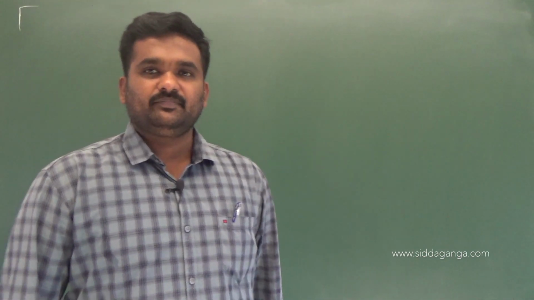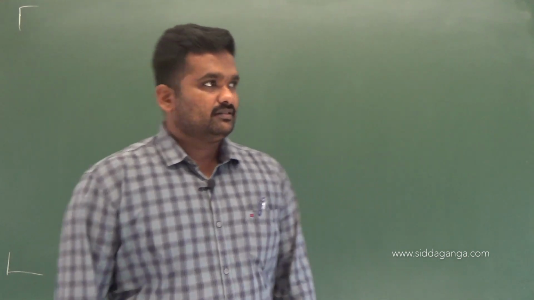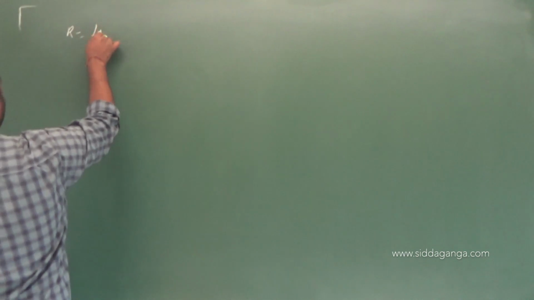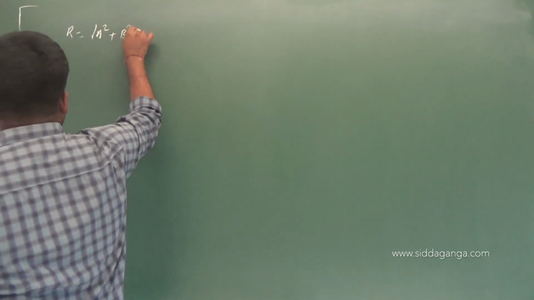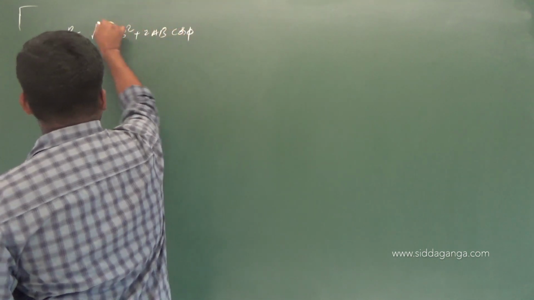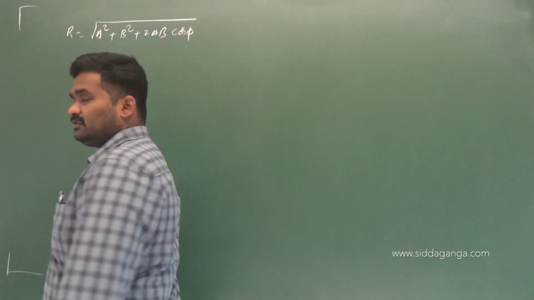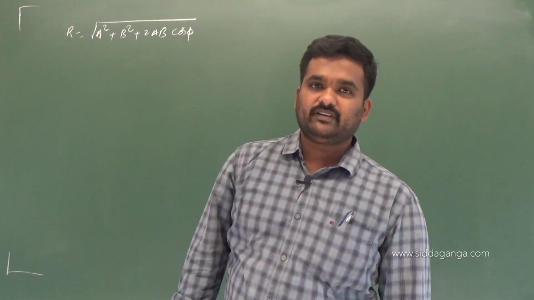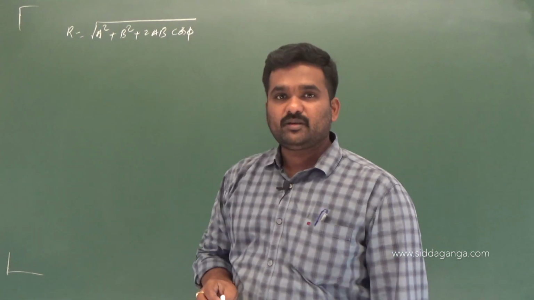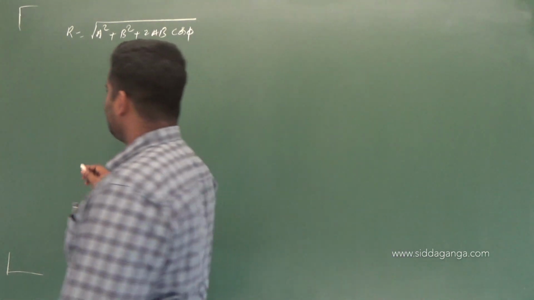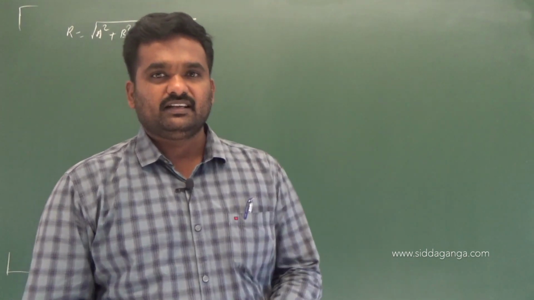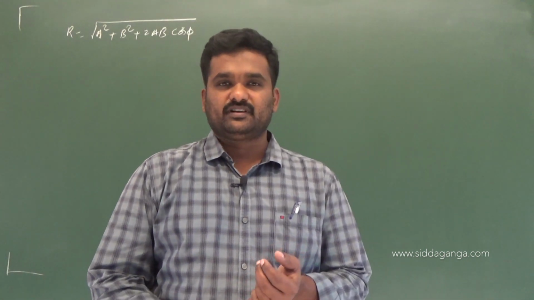in this session even. So, now in the resultant amplitude we have written it as what? R equals root of a square plus b square plus 2ab cos phi, isn't it? Resultant equation is resultant amplitude of the two superposing waves. R equals root of a square plus b square plus 2ab cos phi we have written. And now some points related to resultant amplitude, intensity, one more term I am going to introduce for that.